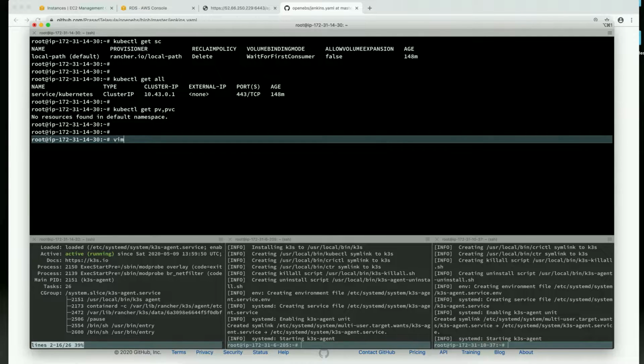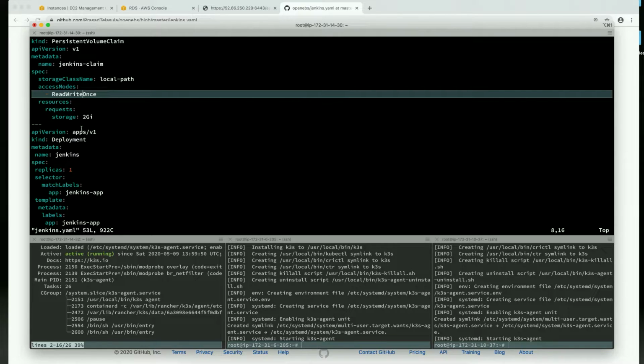So let's try to inspect the Jenkins manifest, and we are just trying to create 2 GB of a persistent volume claim from the local path storage class.